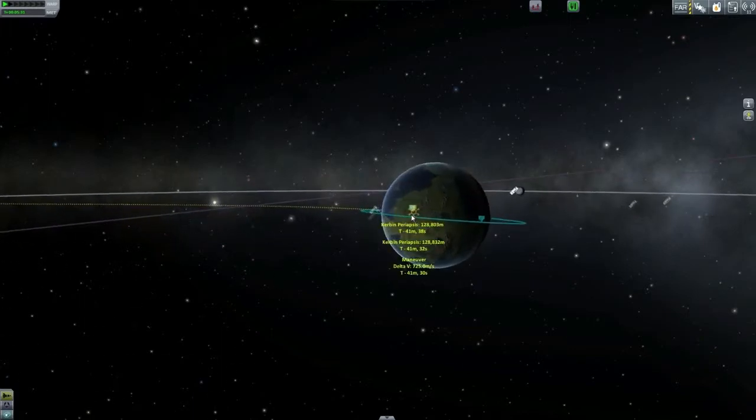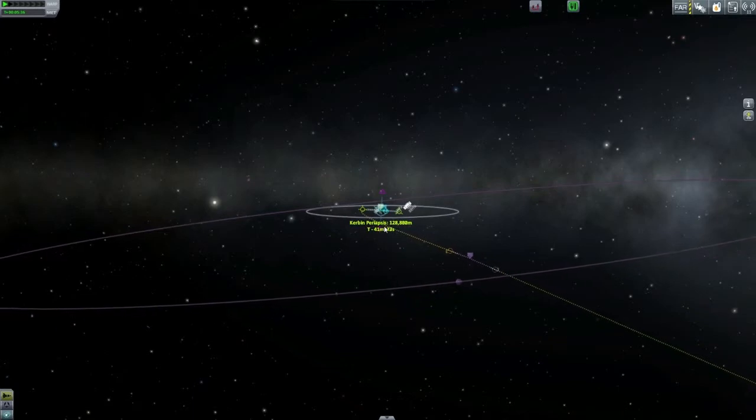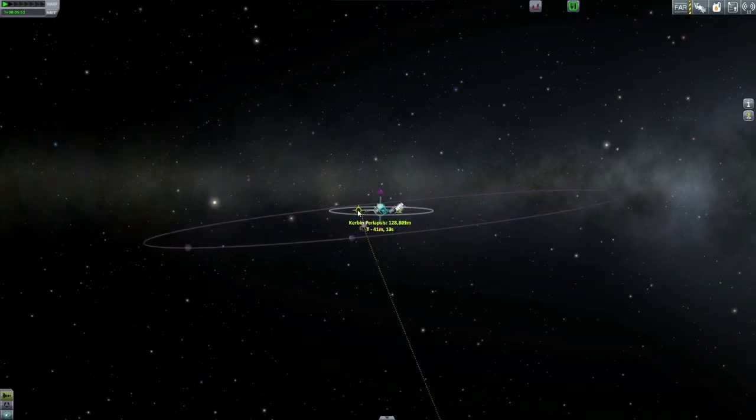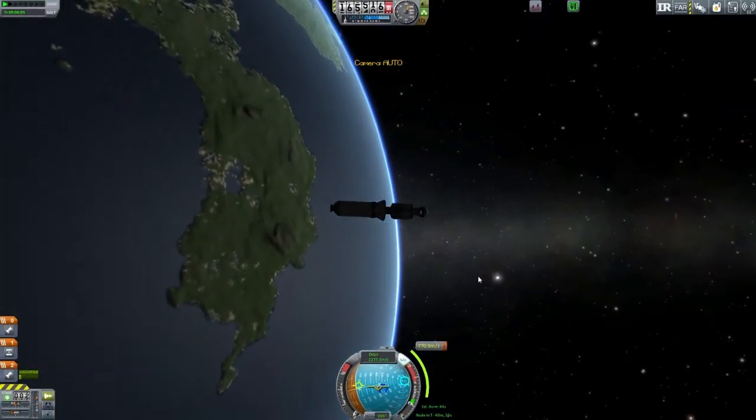So right now I'm just checking maneuver nodes and stuff. Nothing particularly fancy. I'm actually just trying to align my gravity assist with Minmus that'll actually gain me something, and I'm failing horribly at it. But doesn't really matter too much. There we go. We have a gravity assist that slightly helps us. But that aside, just switch back, and we're going to